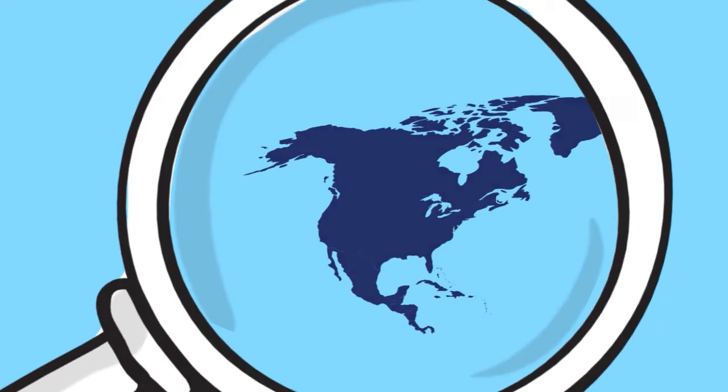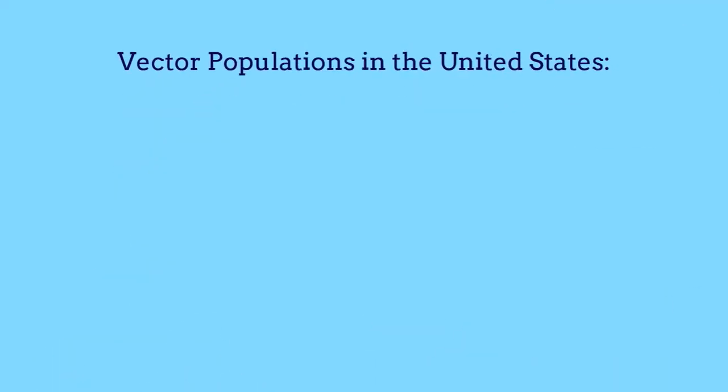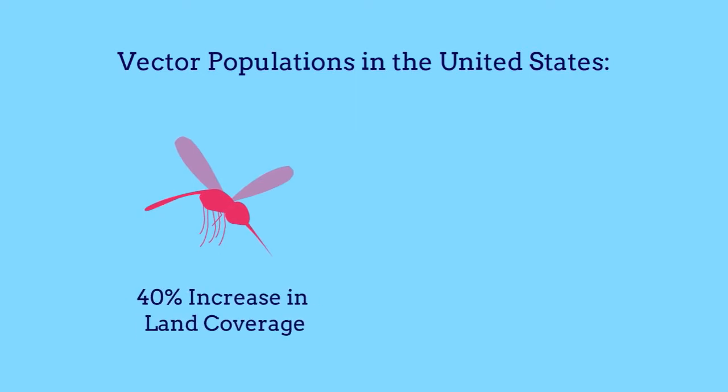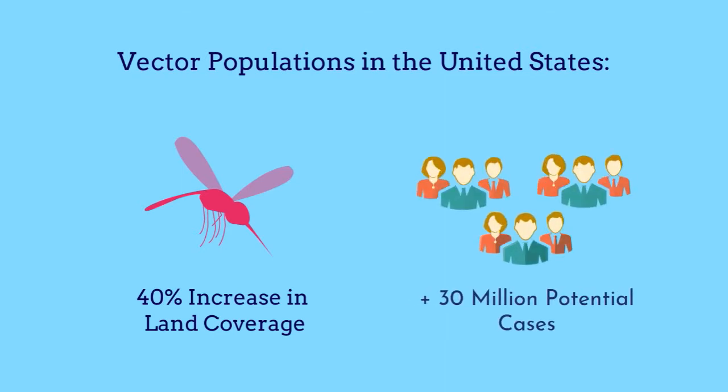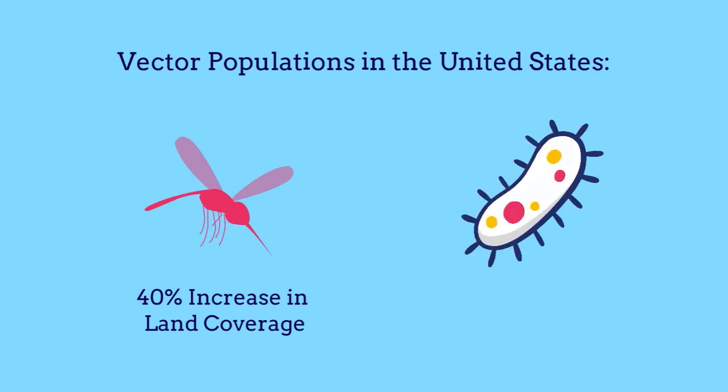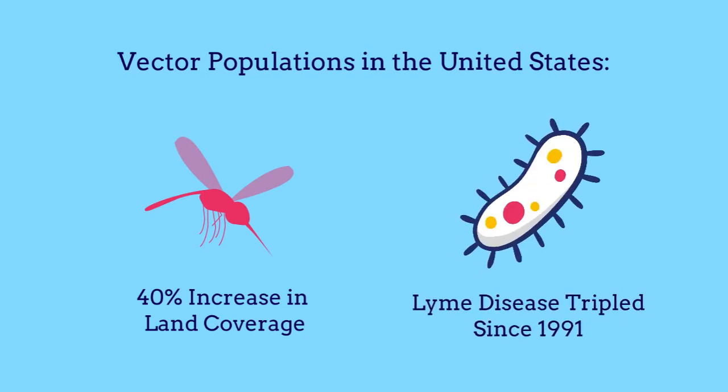Looking at these vectors in the United States alone over the past couple decades reveals some alarming trends. The Aedes albopictus mosquito has increased its land coverage by right around 40%, implicating 30 million Americans to contract the diseases that these mosquitoes can harbor. Furthermore, incidences of Lyme disease have increased threefold since 1991. These trends align well with the changes that we observe with climate change and implicate potential for a public health